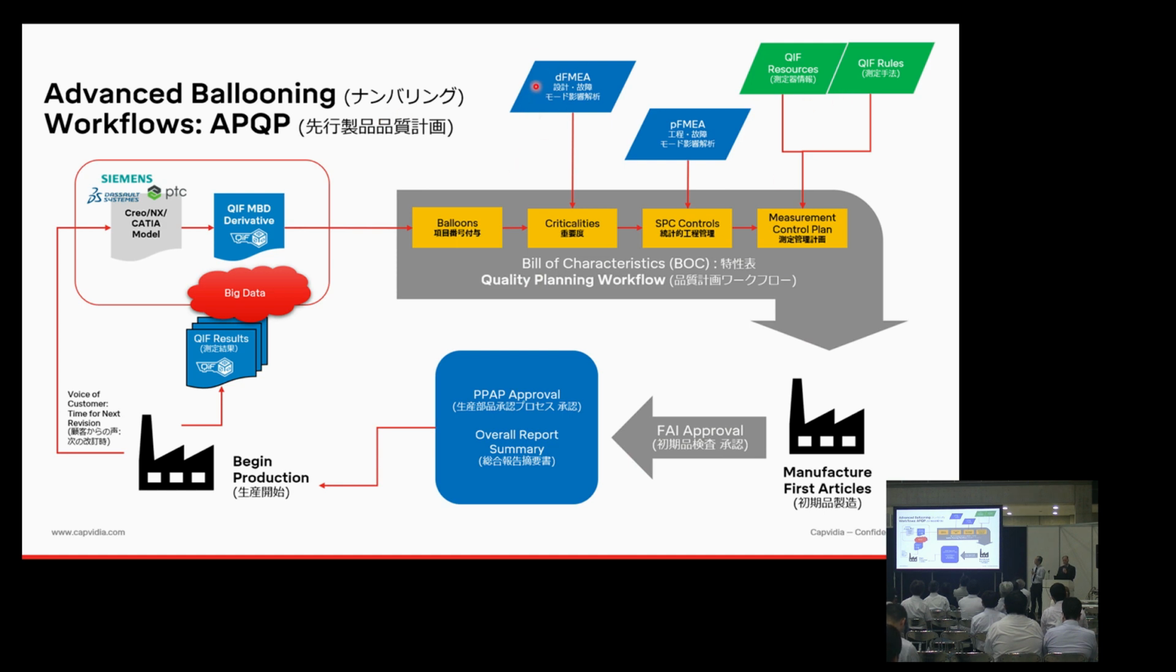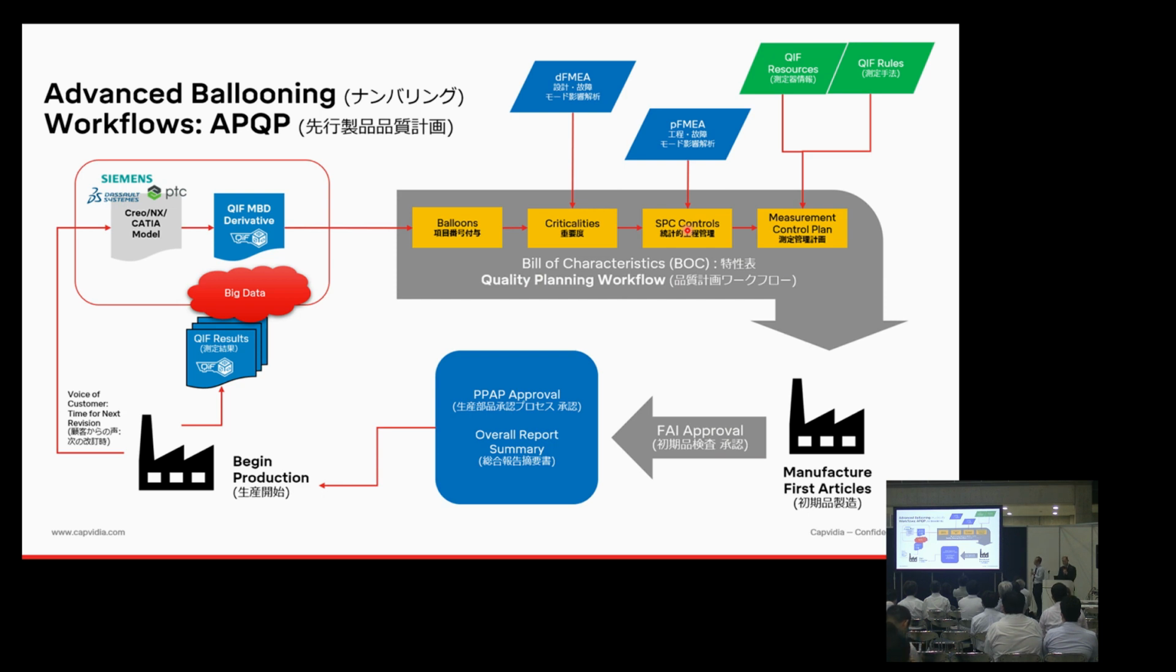You can link your design FMEA data, your product requirements, to the model so that you can automatically calculate criticalities based on your company's best practices. You could link your process FMEA data, so some of your manufacturing process risks, to the model data so that you can automatically calculate the statistical process controls that you need to implement in order to maintain a